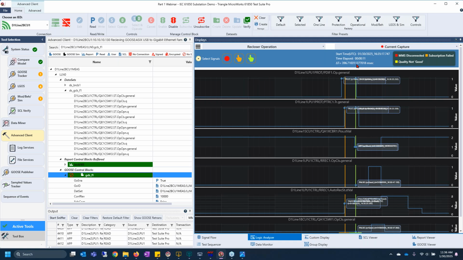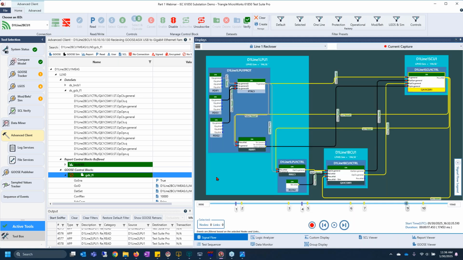And so you could say, oh, wow, something's definitely going wrong timing-wise between our differential fault detection and the trip signal being sent. So you can validate your performance through the signal flow and the logic analyzer with timing. And after you do all of that and you're happy with what you see, you can actually set this up